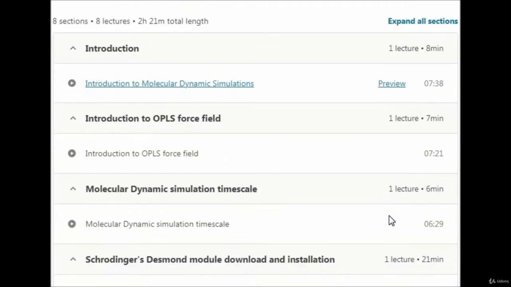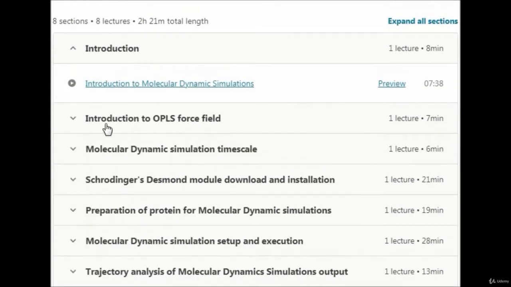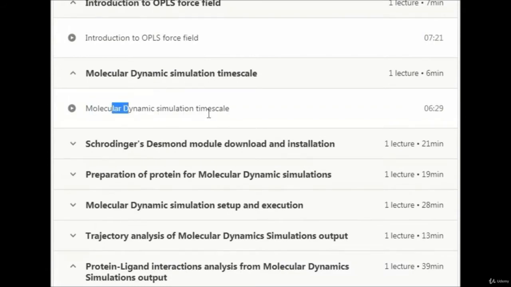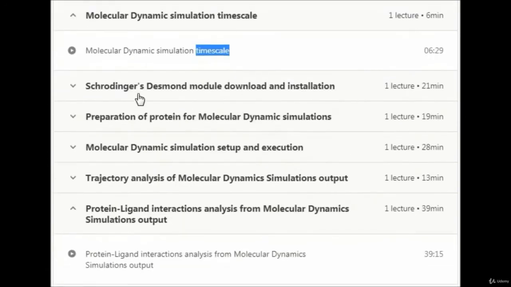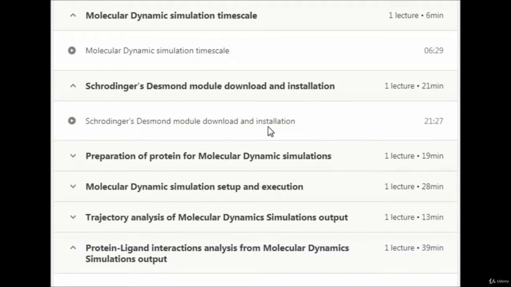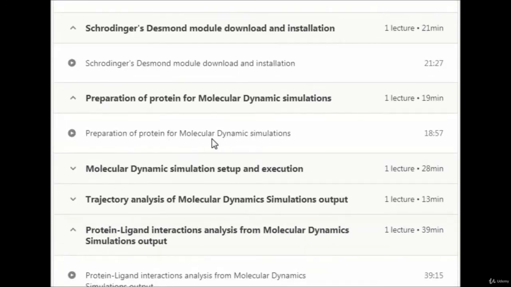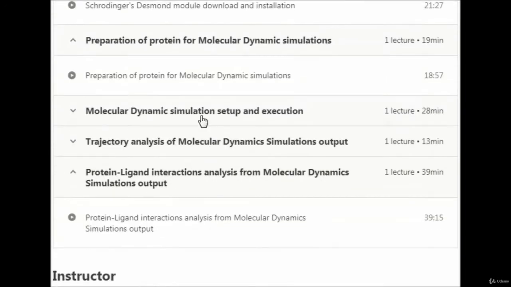So, your learning will never get lost in the course. Finally, it will be extremely interesting once you start understanding how these tools can be utilized to navigate your drug discovery projects. And it will be an exciting thing when you start applying these skills in your real time projects.